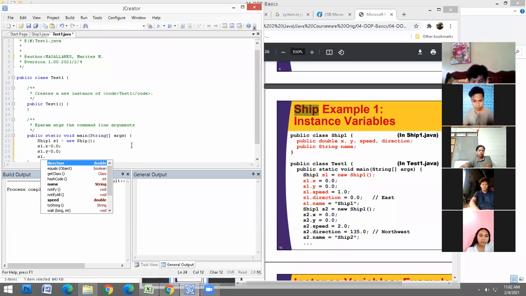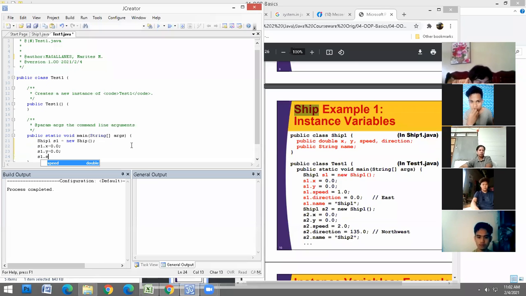Sige, S1.speed. Ayan o. Okay, you will know that you are doing it right because as you type S1 dot, nag-appear na agad yung IntelliSense natin for speed. That simply means that your ship 1 class is